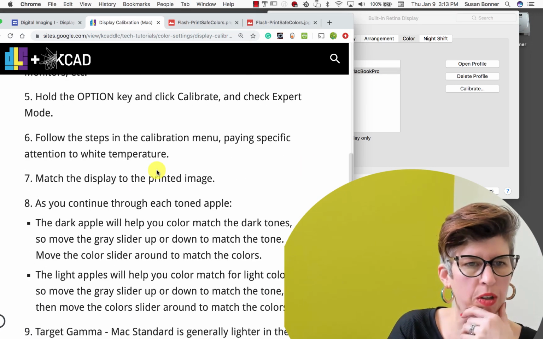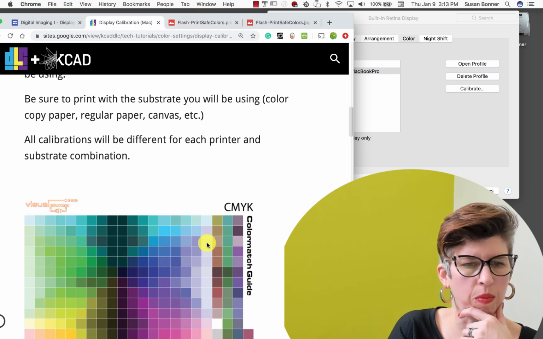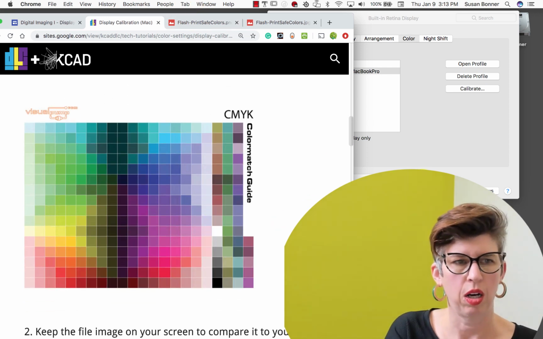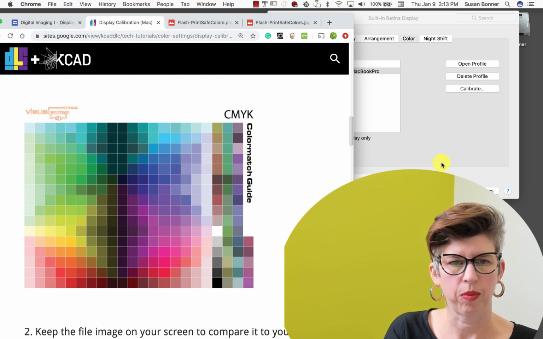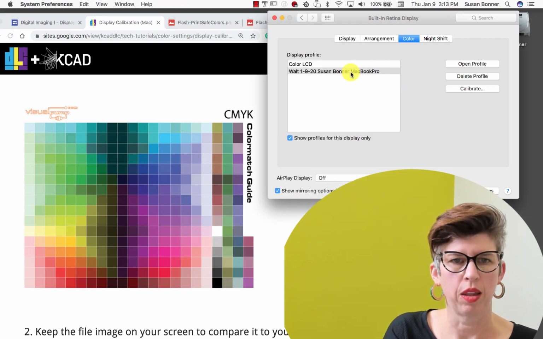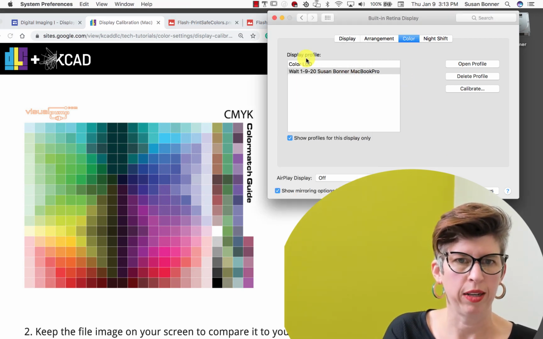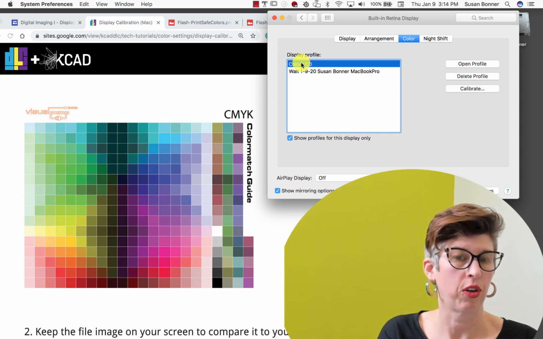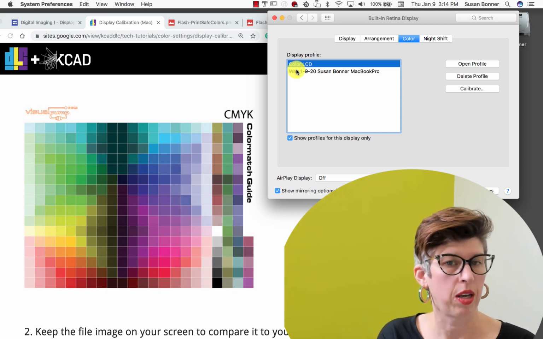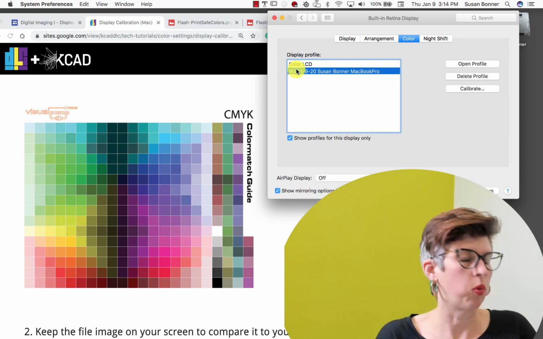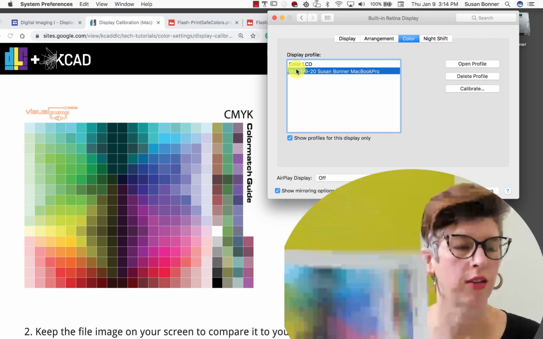I'm going to show you guys this color match guide again. This is the one that's set up for print, and we'll see now the difference for color LCD is quite different, and it's meant to be,